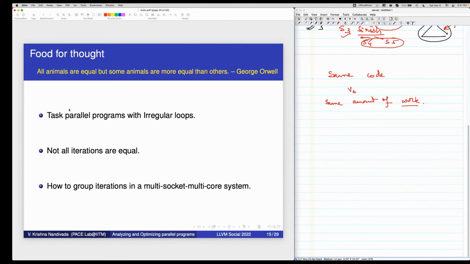So, the important point we are talking about is task parallel programs with irregular loops, where not all iterations have an equal amount of work, and we cannot statically determine that. The important question is how to group these iterations onto different threads, and threads onto sockets in a multi-socket, multi-core system.